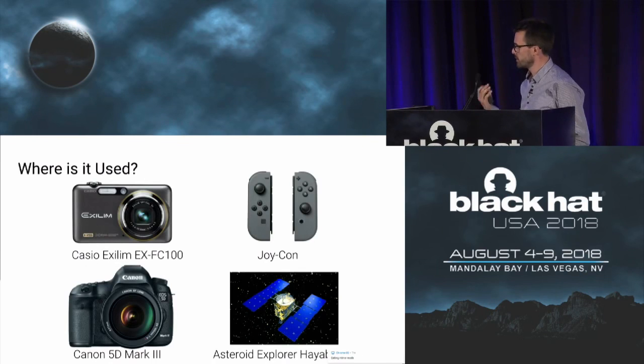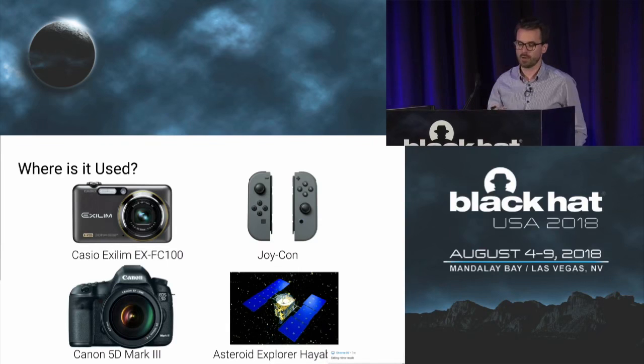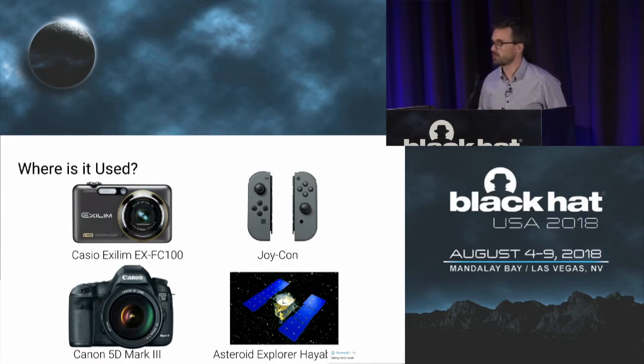The shocking news first was that I had a lot of Tron in my apartment. Most of the Japanese camera vendors, Sony, Nikon, Canon, and Casio, are using Mitron in their digital image processor. So if you have one of these cameras, you have Mitron. Moreover, it's also used in the Joy-Con from the Nintendo Switch, in order to handle Bluetooth communication. And the biggest surprise of all is that Mitron is also used in space, in something called the Asteroid Explorer Hayabusa. And I think that's amazing. We have an operating system in space and here on my desk.